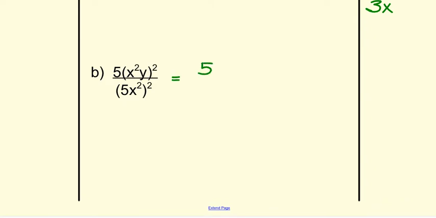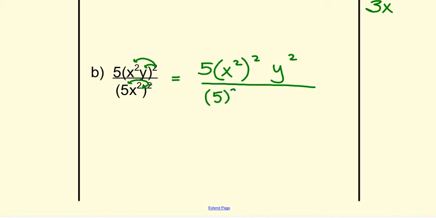We have 5. I'm going to go ahead and notice this is a power to a power. So it's x squared, squared, and then y squared. And then in the denominator, power to a power. So it's going to be 5 squared, x squared, squared. All right. Now I'm going to simplify it. The 5. Then I have x squared squared, so x squared times x squared. You can multiply those, so you get x to the 4th. And then we have y squared